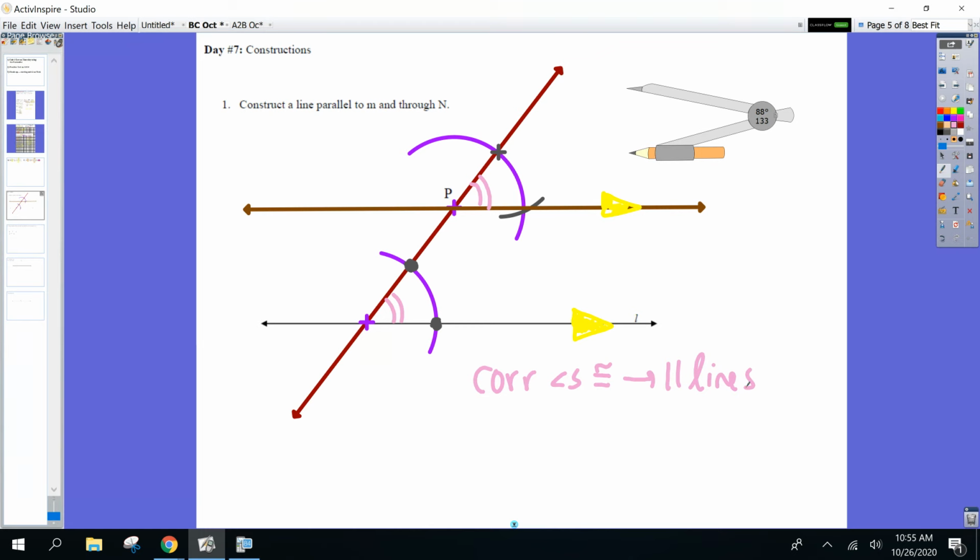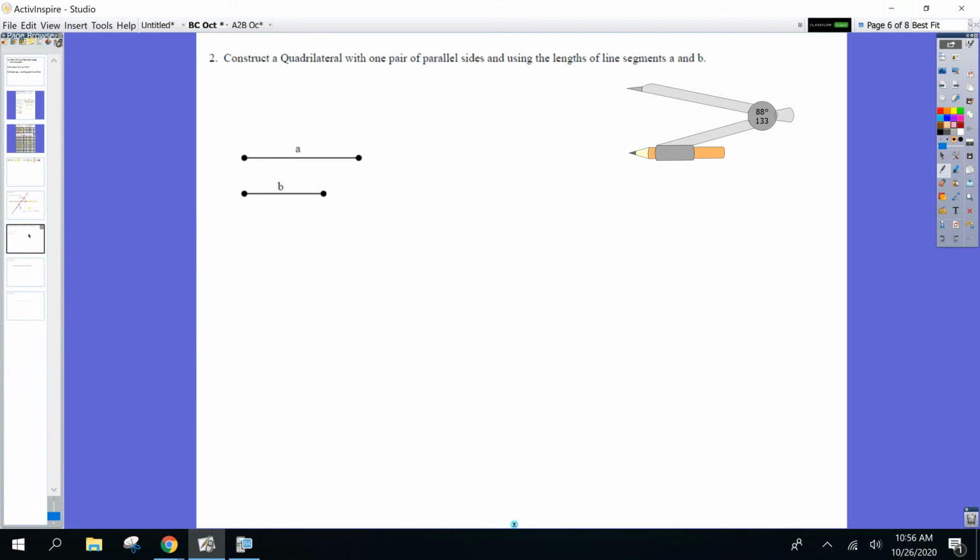How's everyone doing here? If it was an okay experience, don't worry. The next one you get to practice again making parallel lines. Questions? Okay, let's hop over to the next one then. A little bit different than just doing one parallel line and that's it. All right, construct a